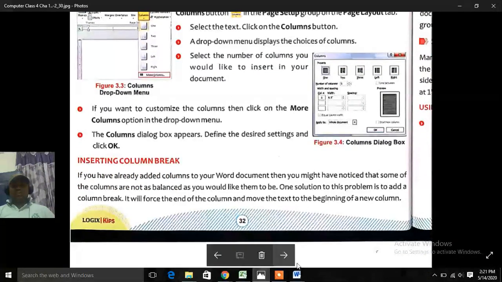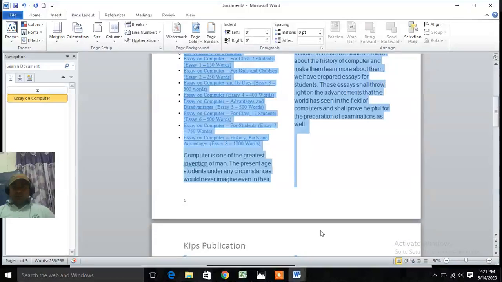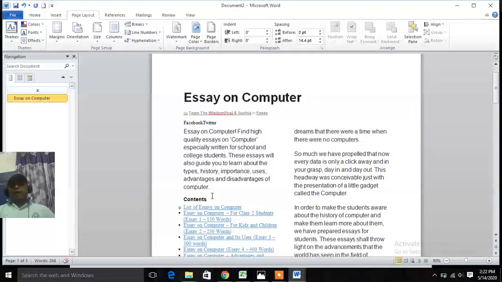Now inserting column breaks. Suppose you want to type up to here, after that you want a picture and you want a column break, means now you want to start from the next column. Until and unless you will finish your first column, you can't reach to your second column.